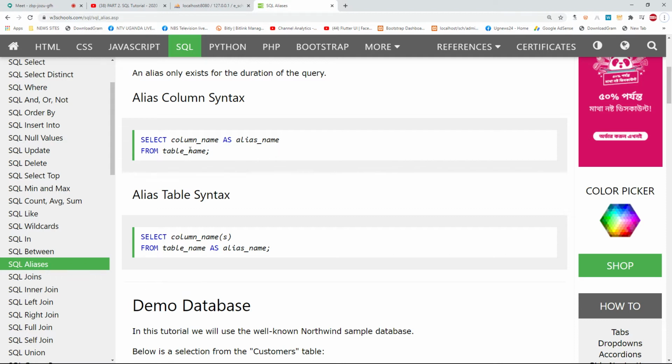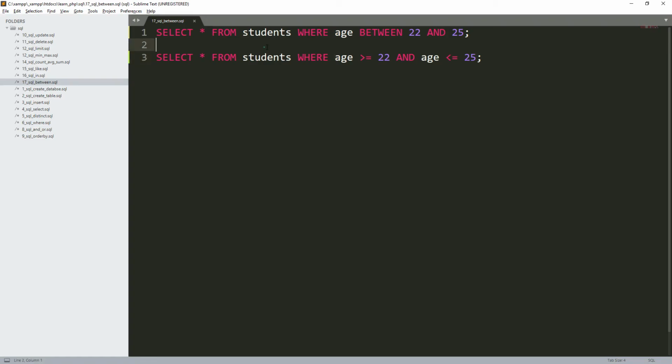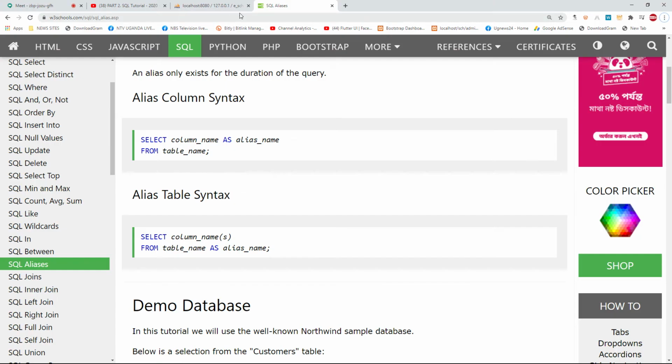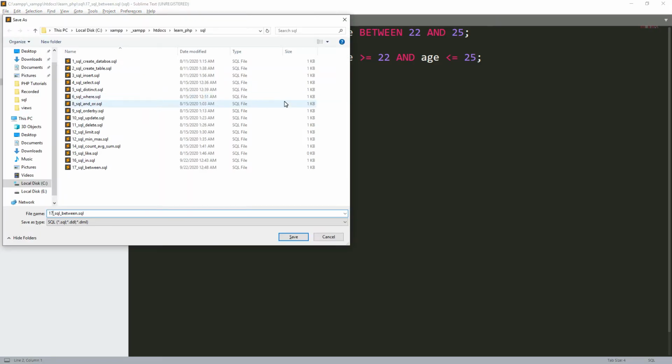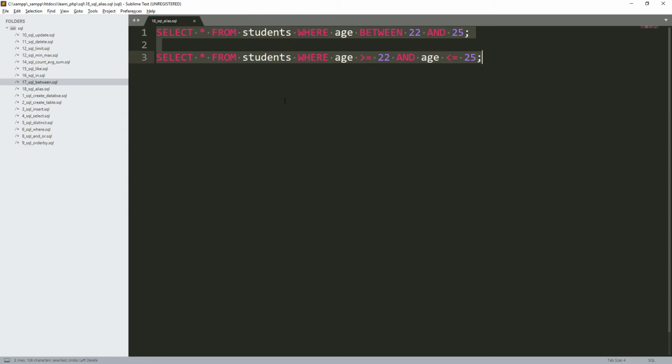To do that, we can simply select like this. I'm going to create another file, and I'm going to call it SQL Aliases. So I'll just say Ctrl Shift S, and then I change this one to 18, and then change this one to SQL Aliases. So I'll select all and delete. Let me just delete only the